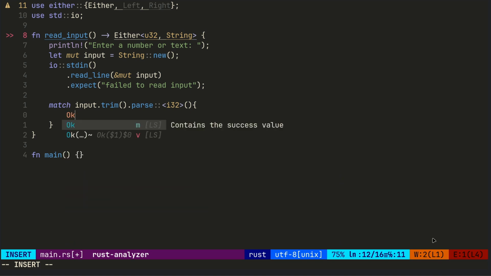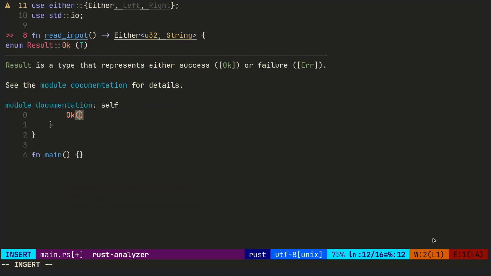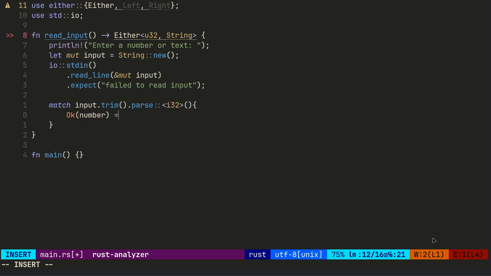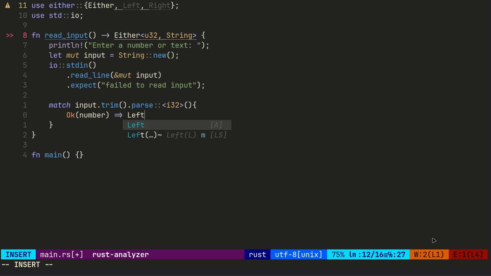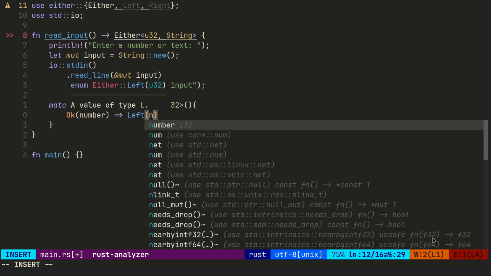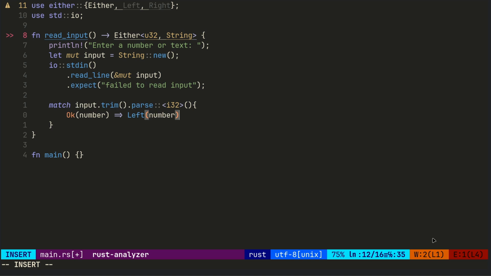So the OK branch, and we'll just call the temporary variable number. And if it's a number and it's OK, we then say use the left. So by specifying the left, pass back a number, and then it should go and pass that on to the left arm of